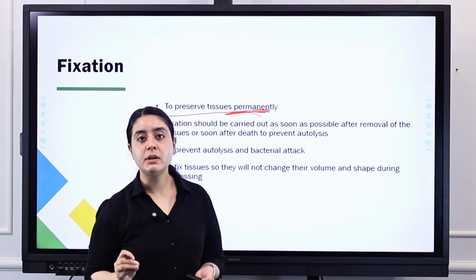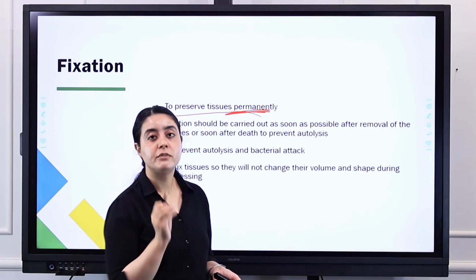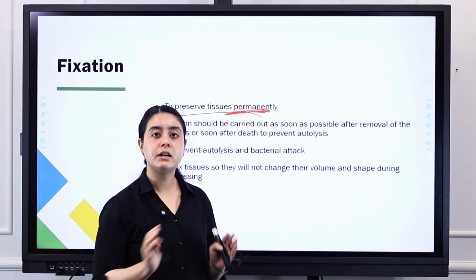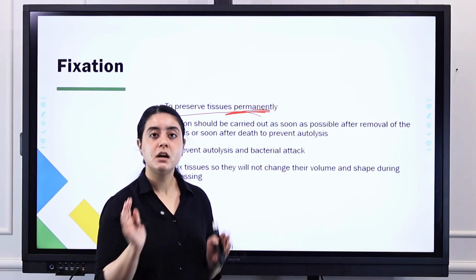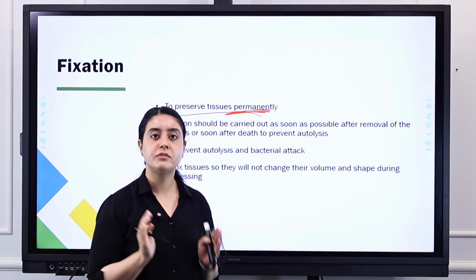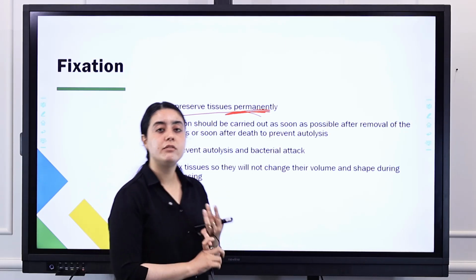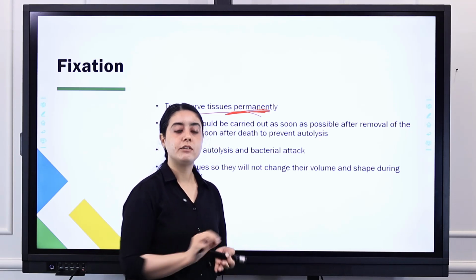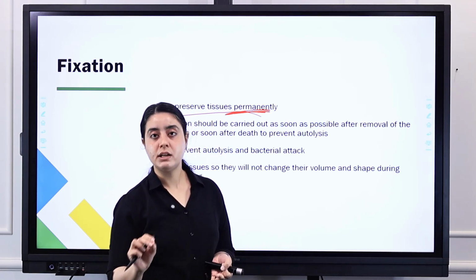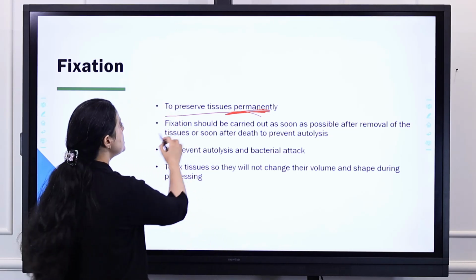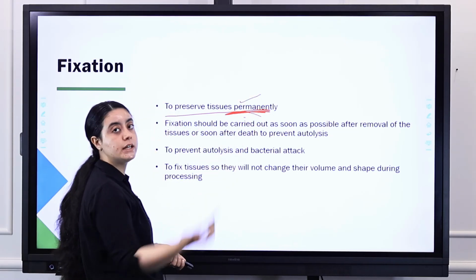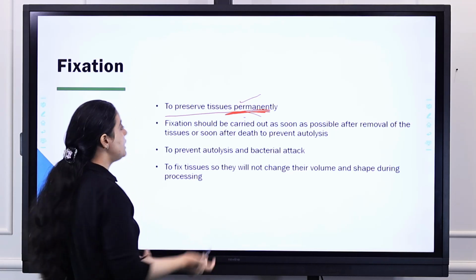As in the anatomy departments in various medical colleges or research centers, they can always preserve many kinds of organs permanently with the help of the fixative. Fixatives always maintain the original shape and size, and prevent any kind of decay, right? So we preserve tissues permanently for our reference, for study and research purposes.